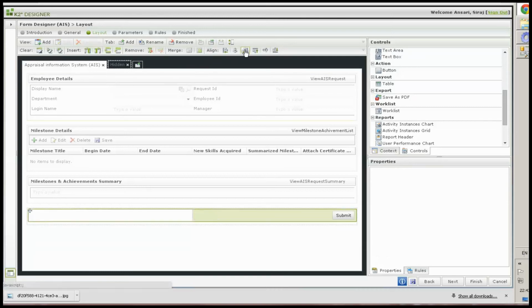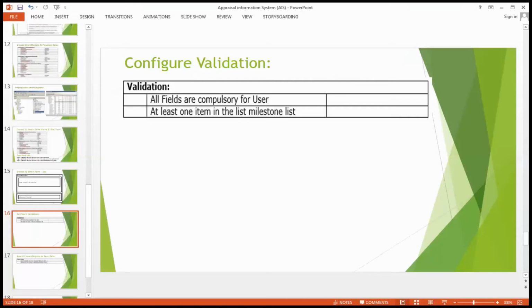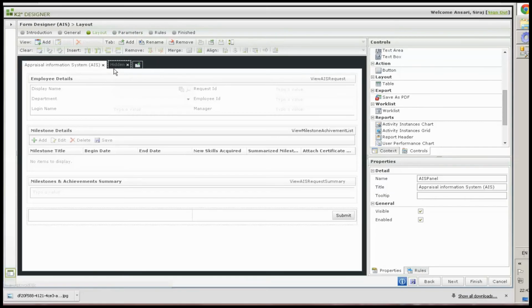Align the button. Next, we will configure validation. In validation, all fields are compulsory for the user and at least one item has to be there in the milestone list. For validation, navigate to Hidden tab,